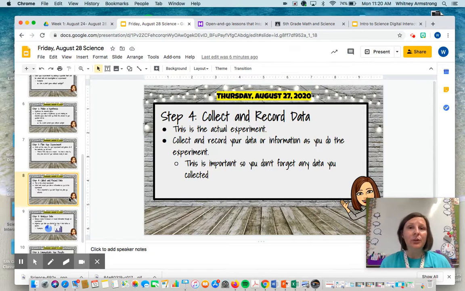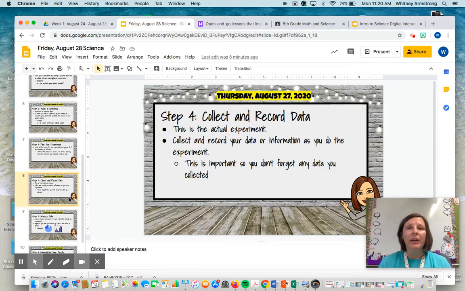So this is when you do the actual experiment. This is the real deal. You're following that recipe that you just made. You're following those steps, and you're actually conducting the experiment. Now, while you are doing the experiment, this is when you want to collect and record your data or your